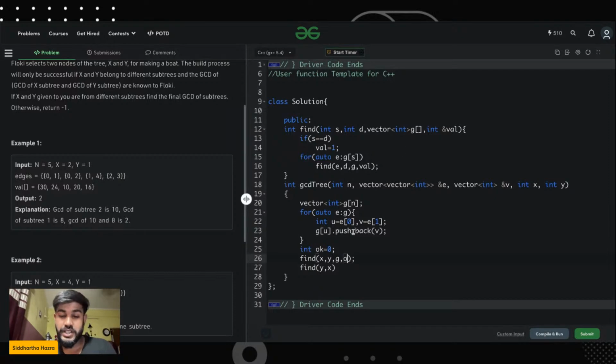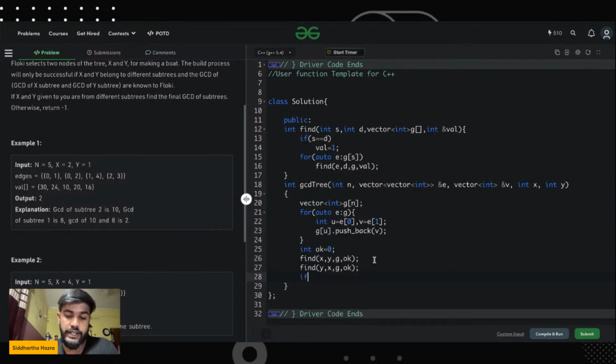The value array is the array itself. Now after this point, if the boolean becomes true, that they both belong to the same subtree,